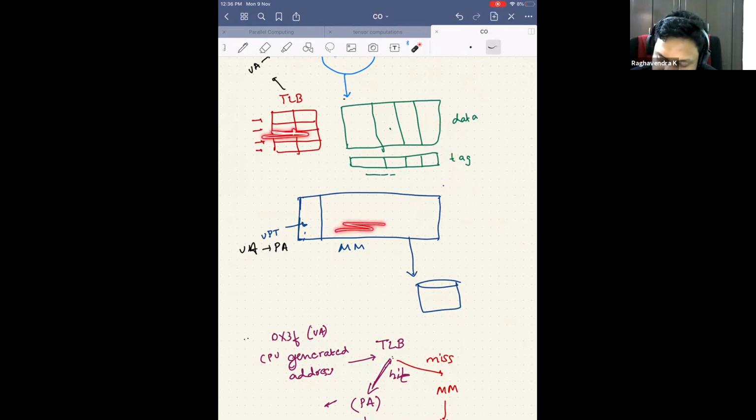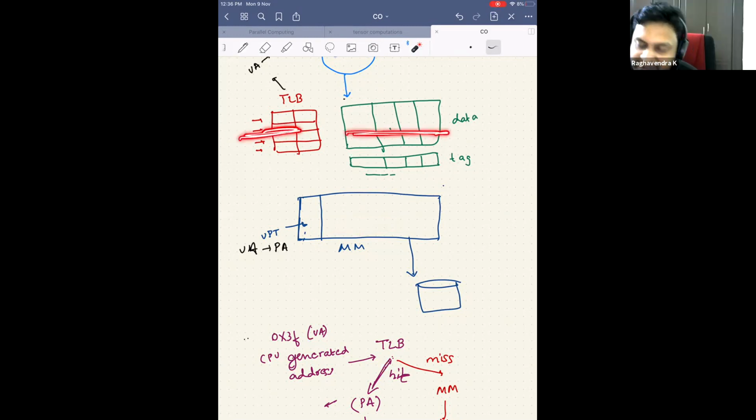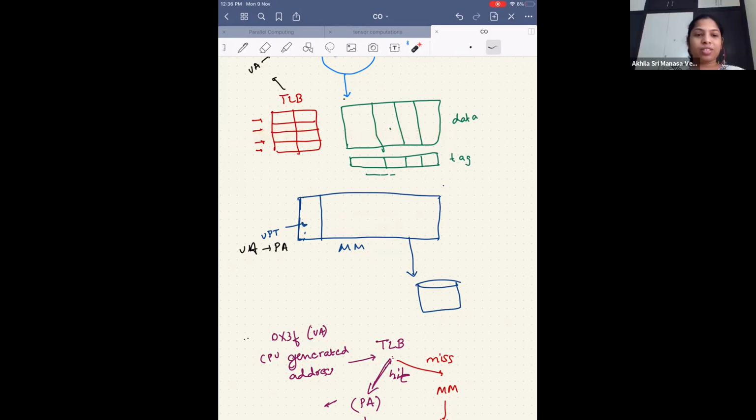Are you sure that it will be in the main memory? The block will be in the main memory? No, think about it. There's a hit in the TLB. No, you should not say the other answer because I just told you, right? If there's a miss in the TLB, are you sure that it will not be in the cache? That is also not. It might be in the cache.